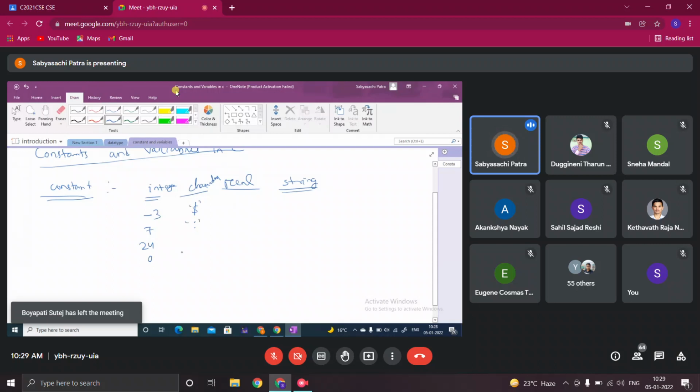Character constant: any character, hash, dollar, colon. Usually we write a character in single quotes, like 'A', '1'. These are all characters. Real constant means 3.42, -9.71. These are all real numbers. 0, -40.9, and so on. And string means a sequence of characters.